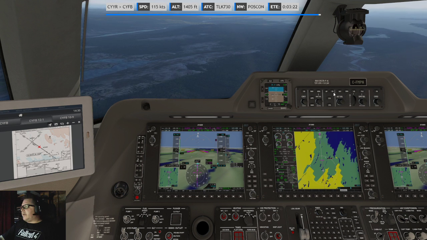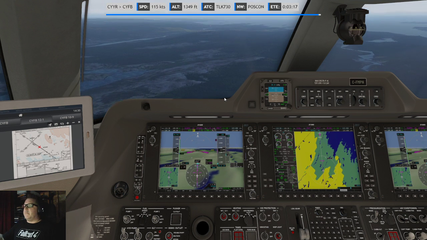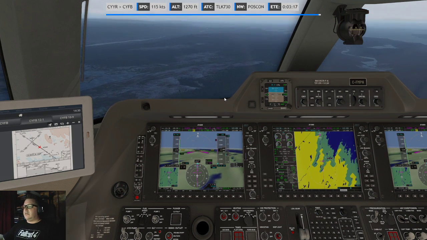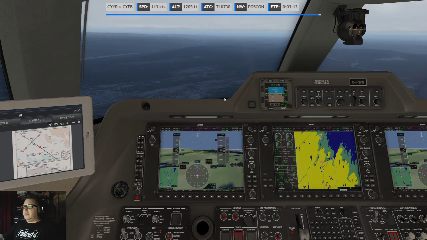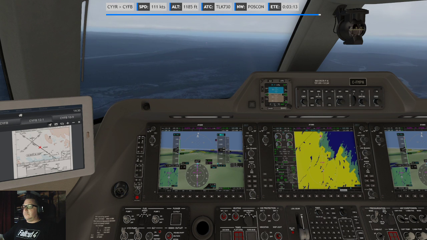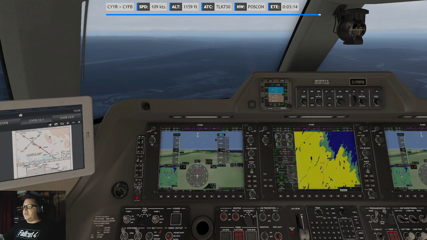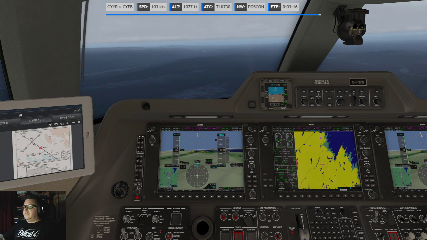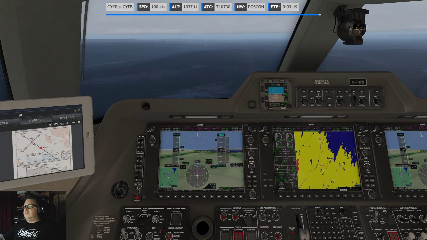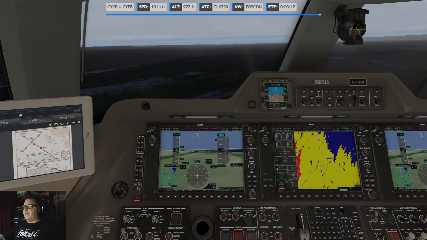All right, yaw damper off, my aircraft. Flight directors can come off. All right. It was down a bit too hard, so I'm gonna keep it above 1,000. Bit under the VFS.